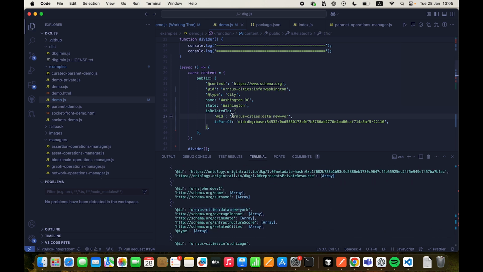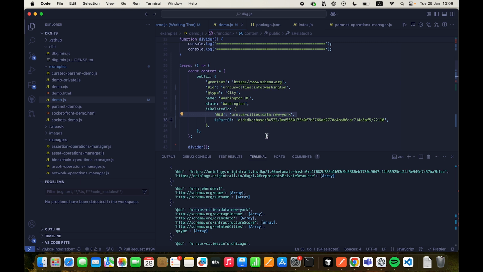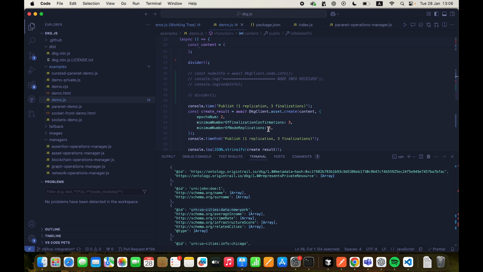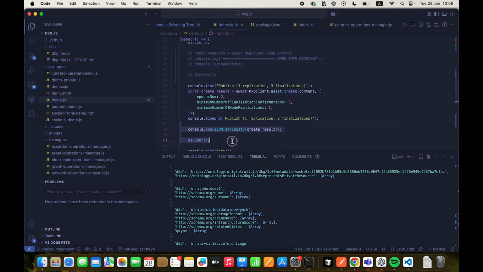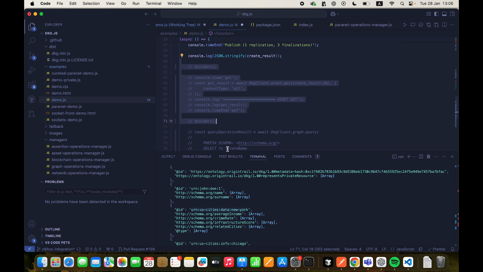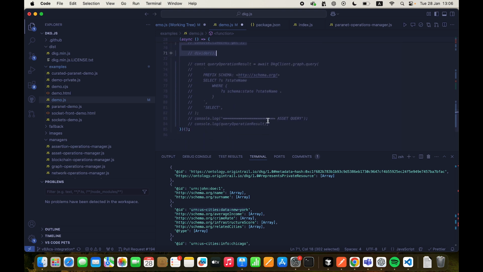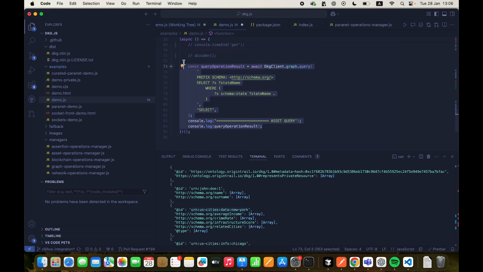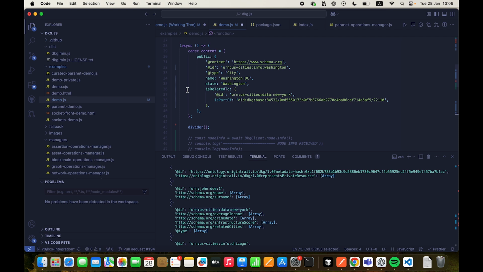So to connect to knowledge assets, you have to use the corresponding ID of the knowledge assets that you're connecting to. And yeah, this is what I wanted to do. I want to create it. This time I'll just keep getting it. And this time I want to query it actually. So I want to, let's say I want to get,